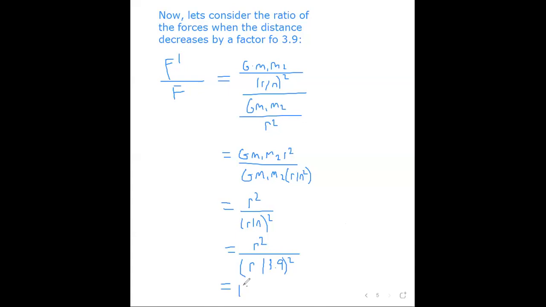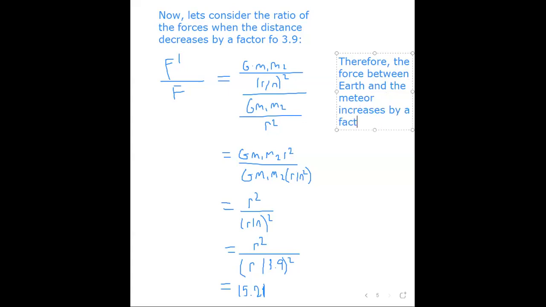So your final answer should just be 15.21. And just write a quick therefore statement. We say therefore the force between Earth and the meteor increases by a factor of approximately 15.21 when the distance between